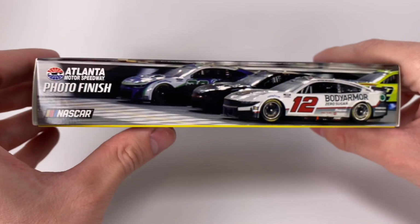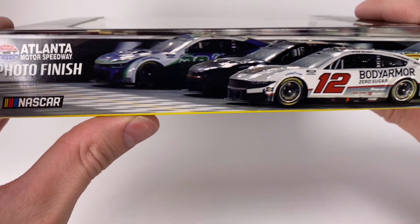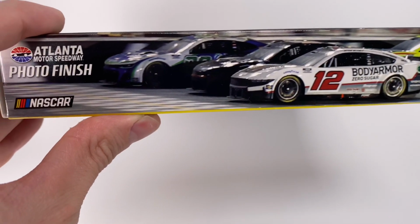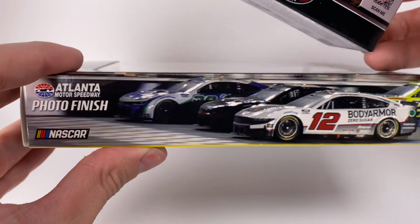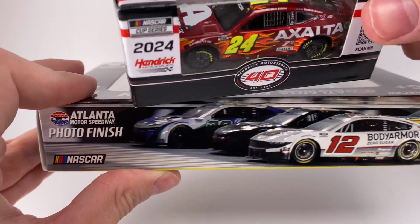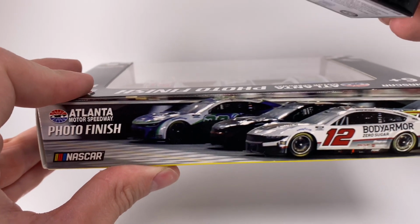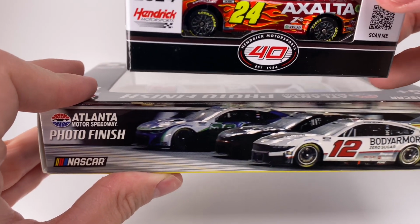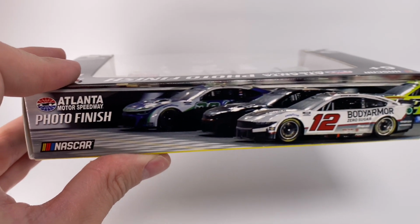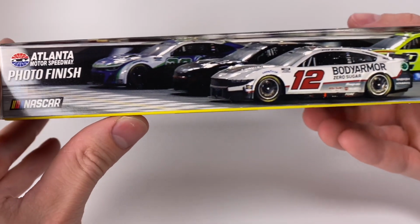This right here, this is what I'm talking about. This is the type of stuff I would love, and I mean love, to see on every raced version. And in fact, let me grab this diecast right here. How cool would it be for the race-win diecast boxes to have a photo of the race worked into the box artwork for the 1/64s? I honestly think the fans would be willing to pay a little bit more if they were to do something like that. I'm just saying, if they were to add a little bit more uniqueness to each raced version,